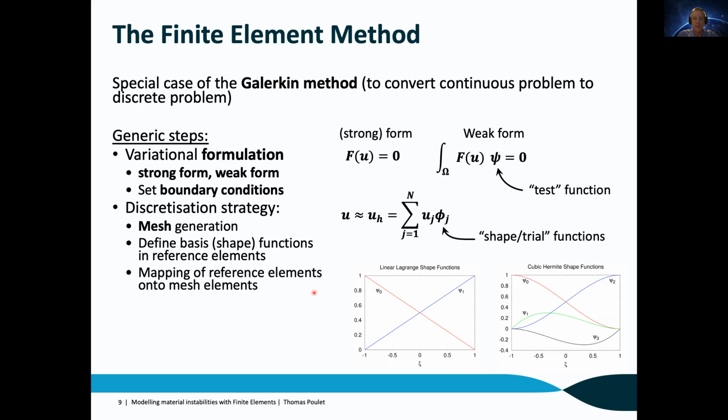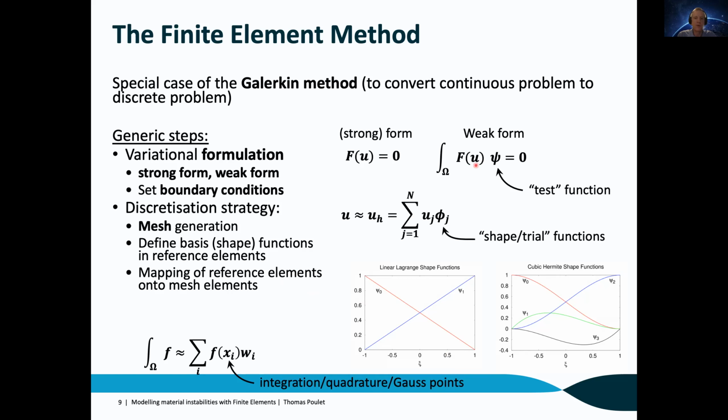Now, you have a real geometry, and therefore the next step is to get the mapping between those reference elements onto your real mesh elements. And this is the reason why I was saying that you need your mesh to be as regular as possible. You need your elements to have a good quality, meaning that you want elements that are not too elongated, not too distorted, not too skewed. You want your quads to be as close as possible to cubes, or your triangles as close as possible to equilateral triangles. And then at that stage, we have a discretization of our function u